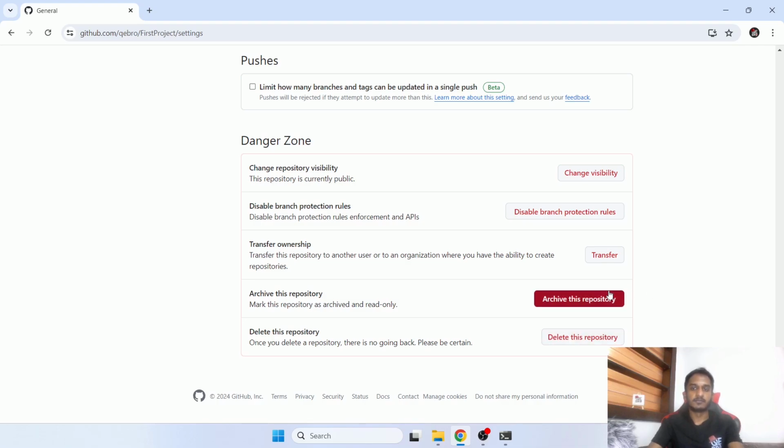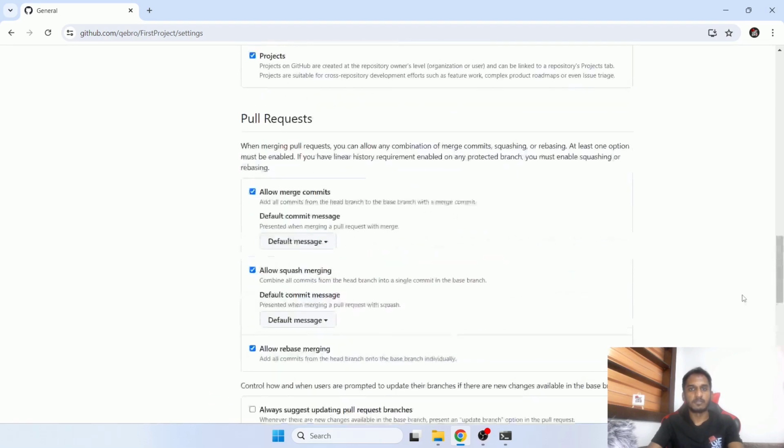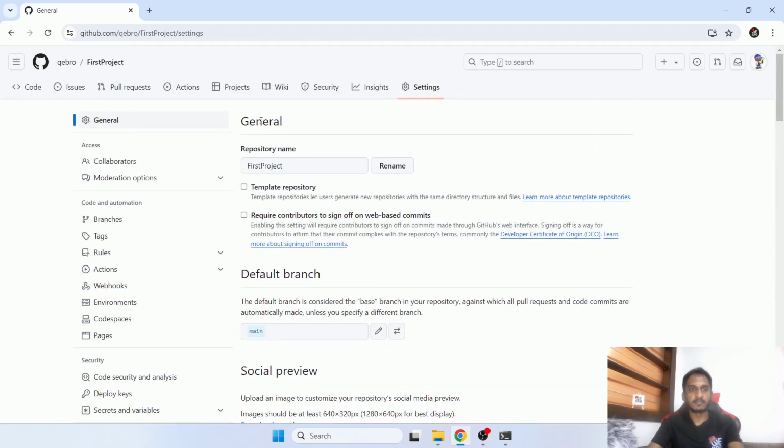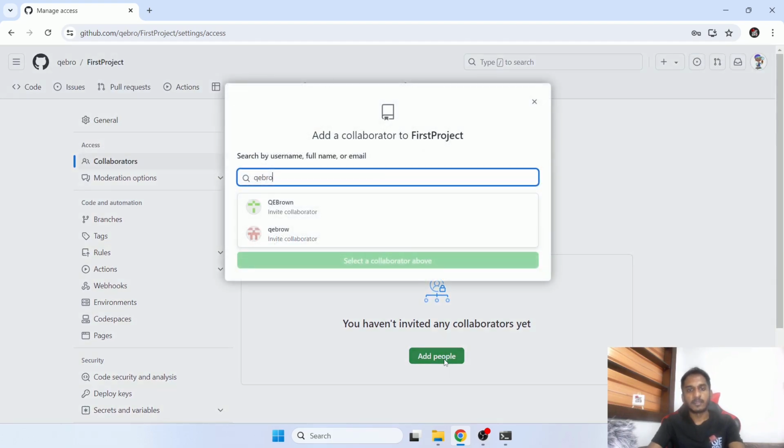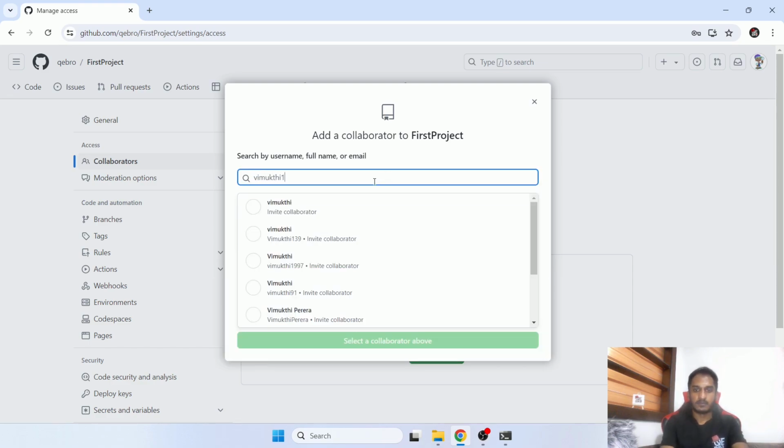So that is why you need to think wisely and choose the best option suited for you, whether to archive or to delete. So yeah, those are the general settings. And then under collaborators, you can add people here. So this is one missing option in Git. If you remember, there was no access management, but here GitHub allows those features. That flexibility is there. You can add people, and I will add my local profile,